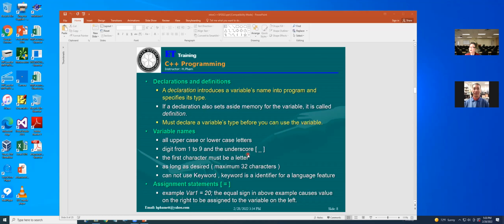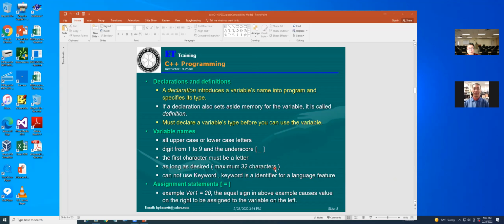That's why when you create your account in email, you cannot enter a username starting with a number. It has to be a letter. The length can be as long as desired, up to a maximum of 32 characters.